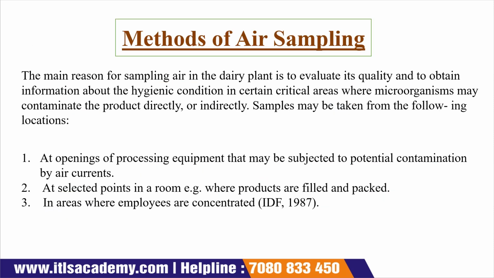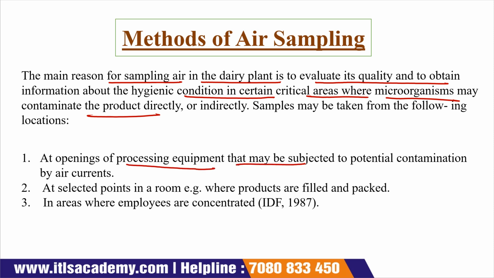Methods for the air sampling. The main reason for air sampling in the dairy plant is to evaluate its quality and also obtain information about the hygienic condition in certain critical areas where microorganisms may contaminate the product either directly or indirectly. The sample is taken at the opening of the processing equipment that may be subjected to a potential contamination by an air current at a selected point in a room,